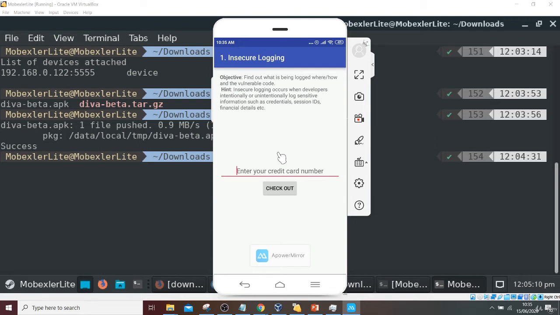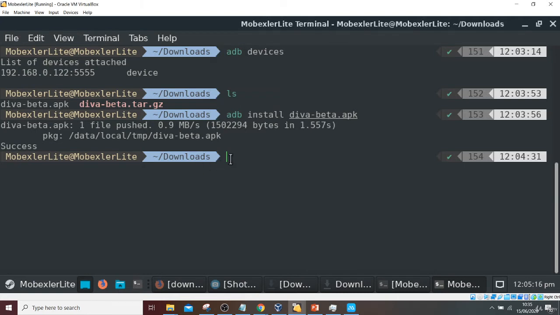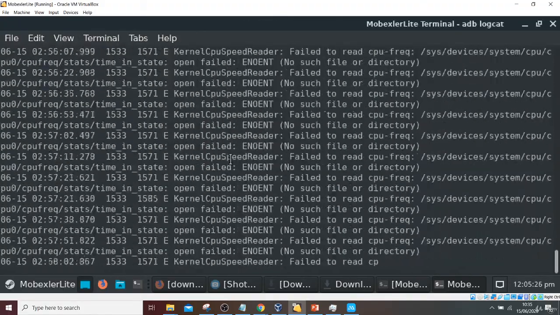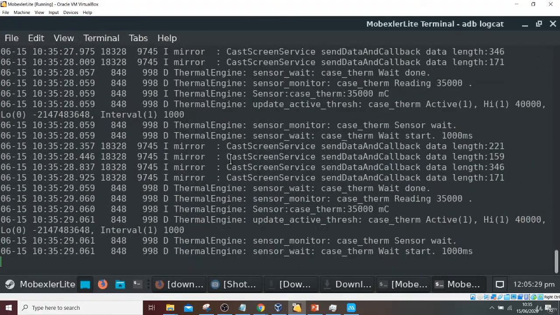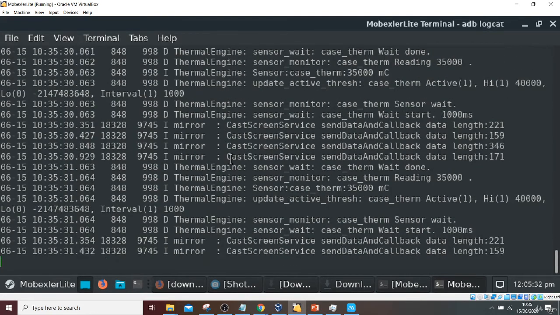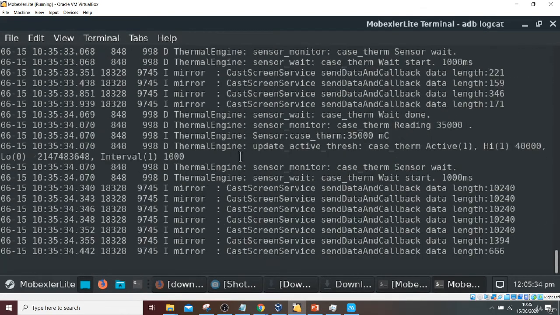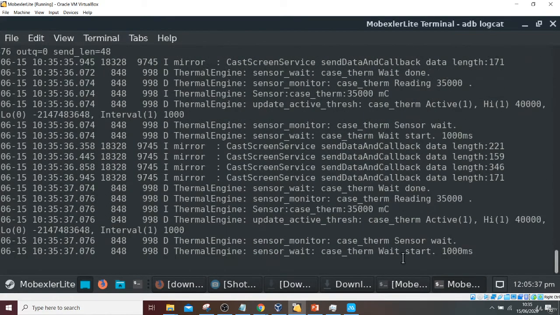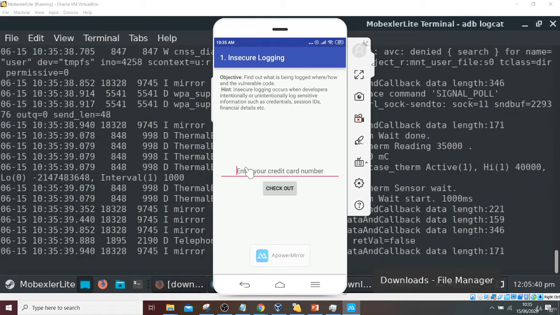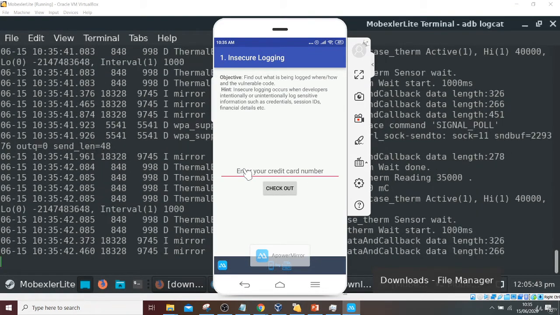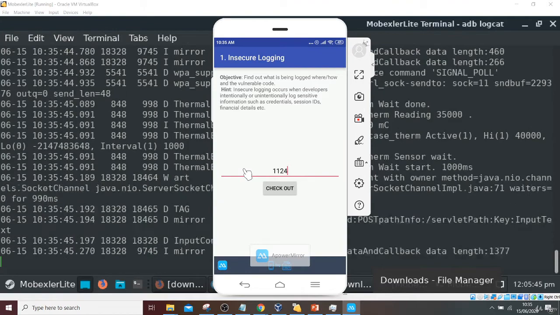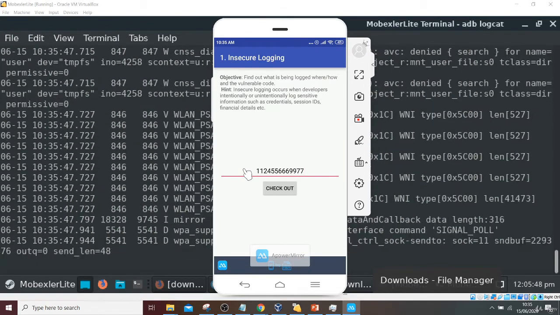get the information. So before that, you have to understand one of the functionalities of adb, which is adb logcat. It will log all the runtime logs provided by an application. If you enter, then it will provide you the real time log, hooked with this application or whatever application you are running. So it will keep running every time. Now let's go to our application and let's enter the detail, whatever detail you want, like 1 2 3. Put the arbitrary number and just do the checkout.